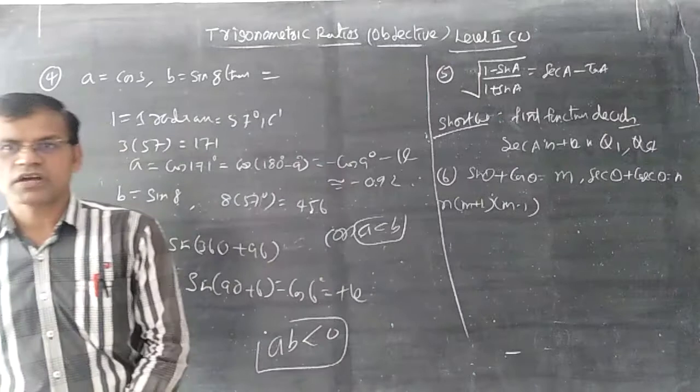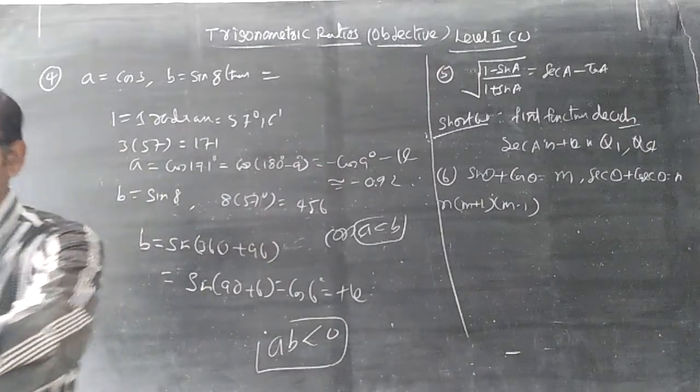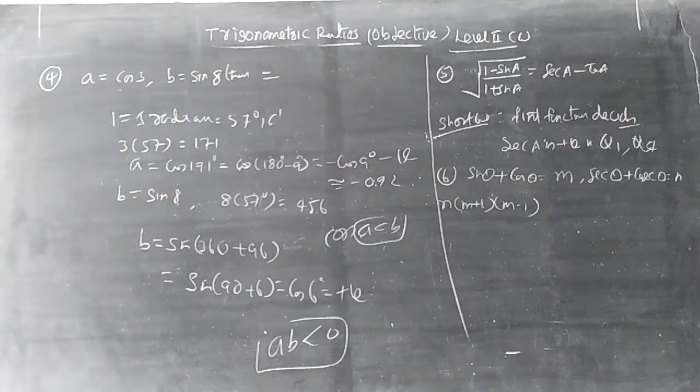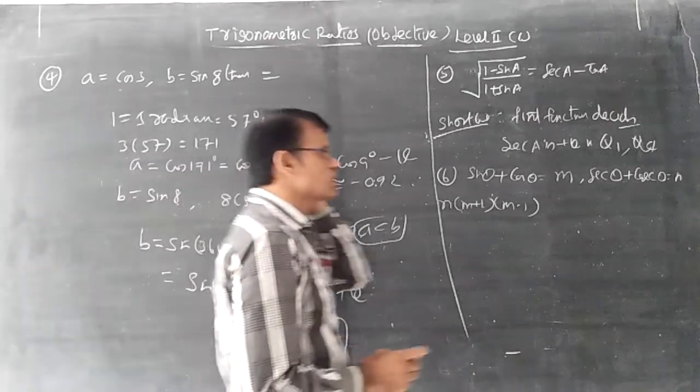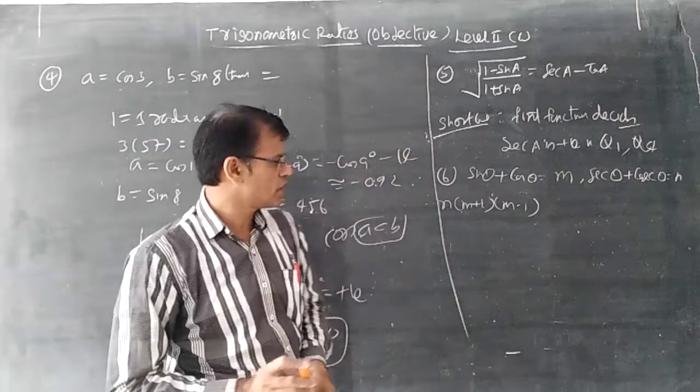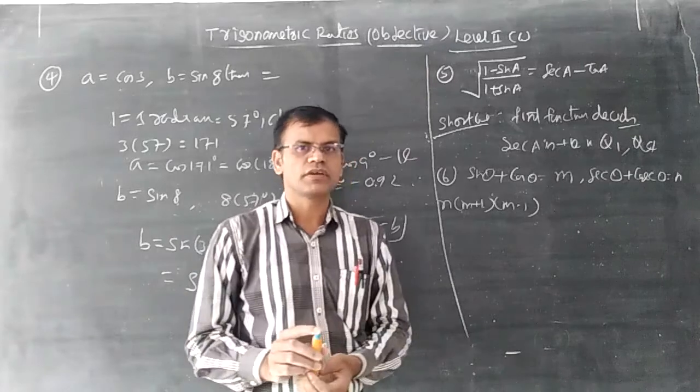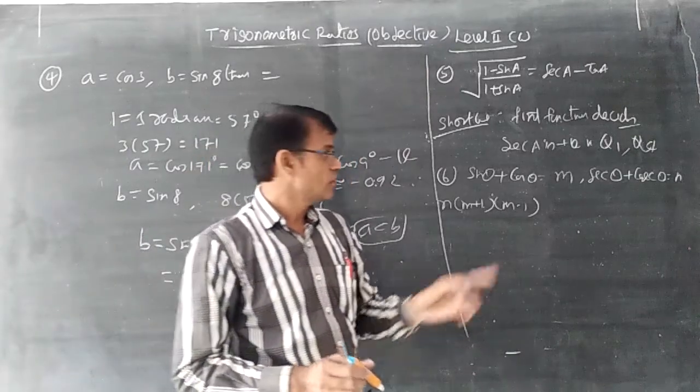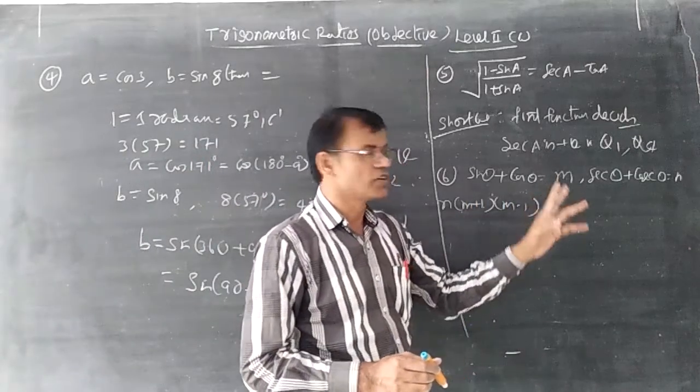You will face this question in any number; I have no idea. The same question will be there in our material, maybe question 12 or like this. Question 9: sin theta plus cos theta is equal to m and secant theta plus cosecant theta is equal to n. Then n into m plus 1 into m minus 1. What I said: sin, cos, secant, cosecant.